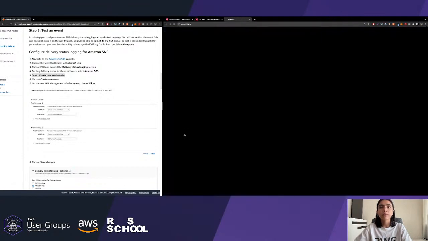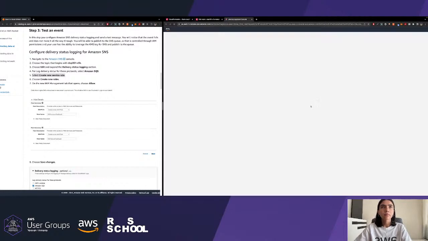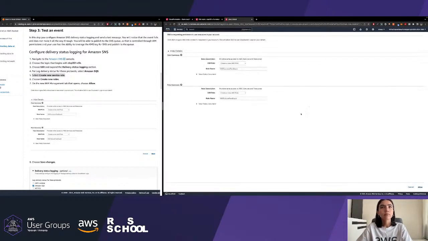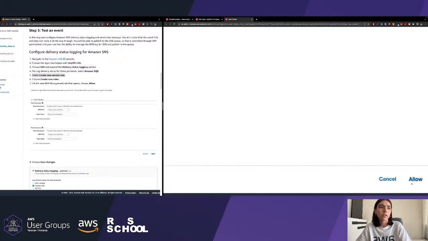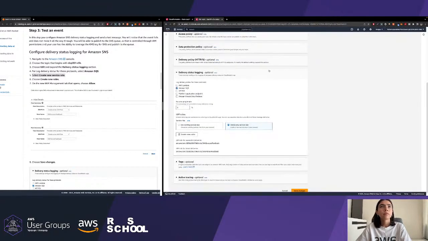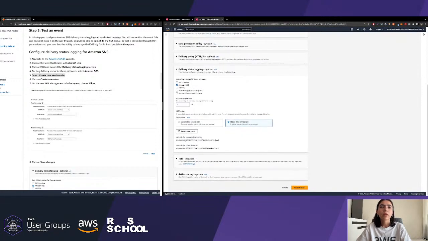So hit this button. Just leave whatever it is saying, the default ones, and here you can see at the bottom the allow, so choose that. Cool. And you can see that we have both roles for our SNS created. Okay, just save changes.